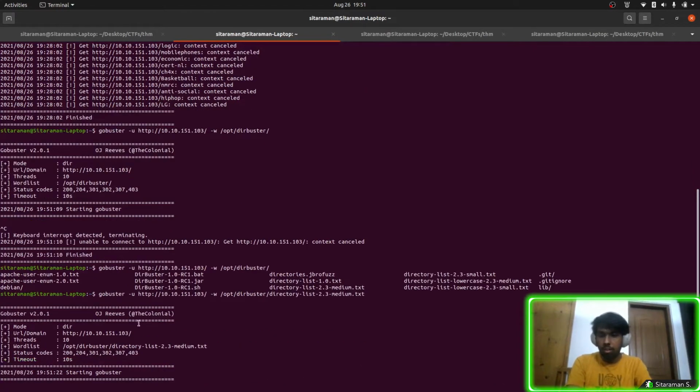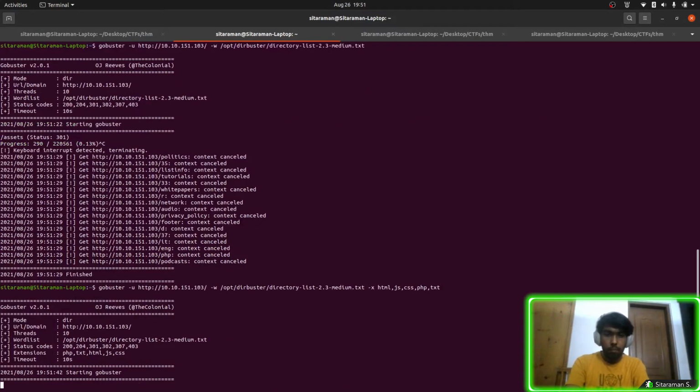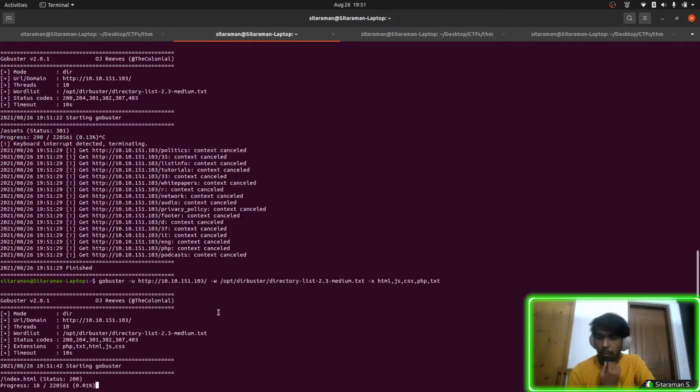Once I run this, it will start. It'll take some time to get us some results. Okay, I think I forgot one flag. We have to search for file extensions: HTML, JS, CSS, PHP, or TXT files. Once we do that, it will probably take a bit.